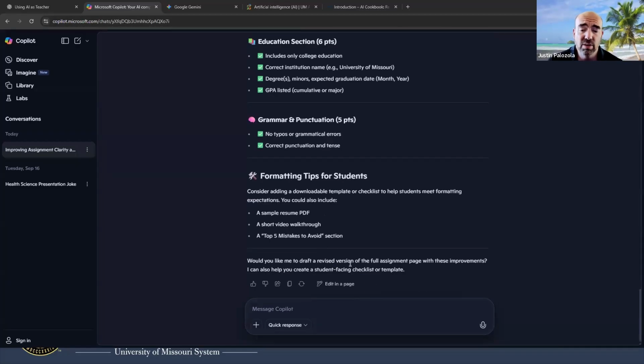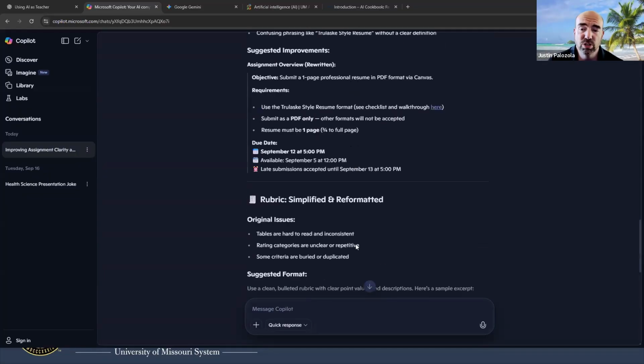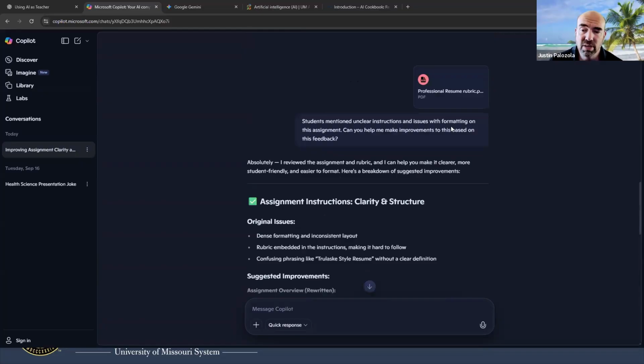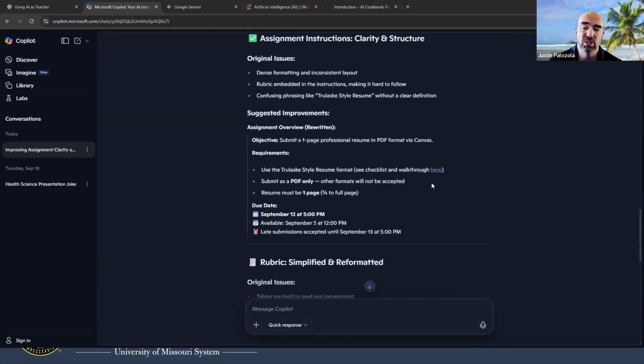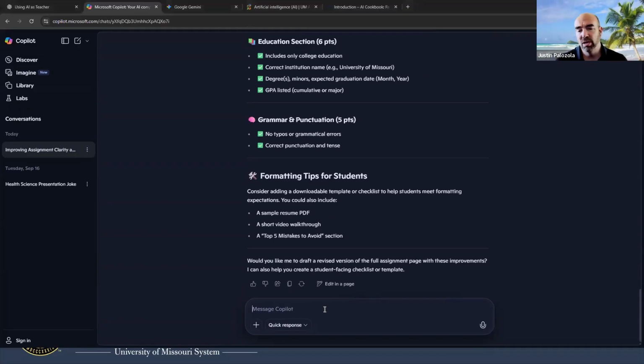Now we can get even better with specific stuff. So maybe this is an assignment that you have had for a while and you want to redo it. Okay, so help me make improvements based on the feedback. Okay, great. But now maybe I don't think this changes things enough based on the feedback. Can you give me a new assignment that takes a lot of what you're suggesting into account and give me